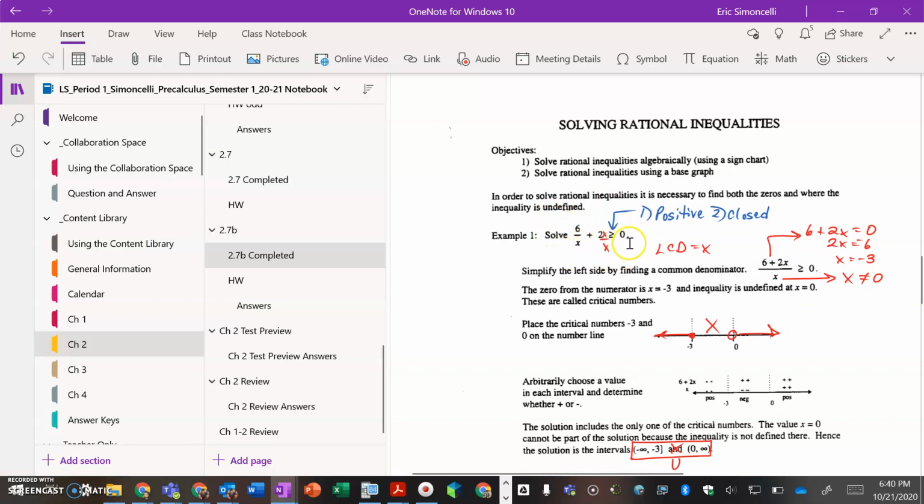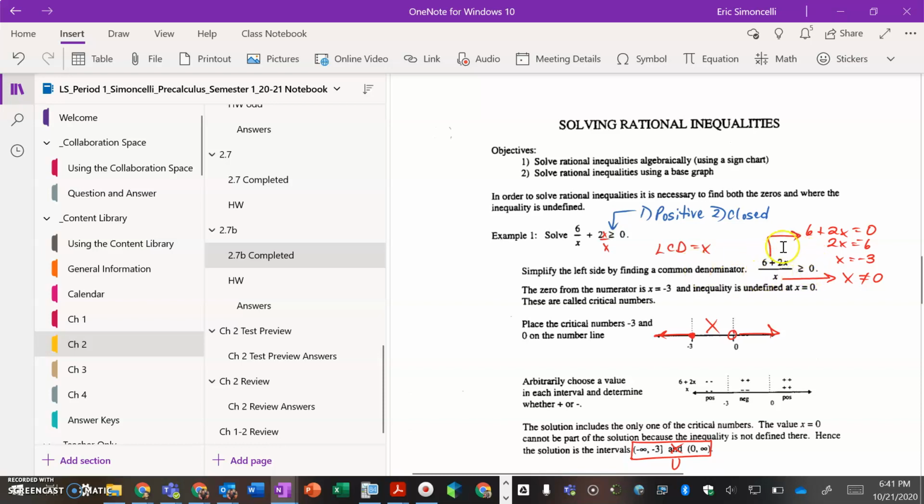equal to 0. So right off the bat, it's great that it's set greater than or equal to 0. If it isn't, you need to do some extra steps at the beginning just to get it to be greater than or equal to 0, for example. Because it's greater than or equal to 0, it's positive, and because it's an or equal to, essentially, again, it's closed. I got a common denominator here of x, so I multiplied the numerator and denominator of that term by x over x, multiplied the whole thing, of course, by x over x, in other words, and I'm left then